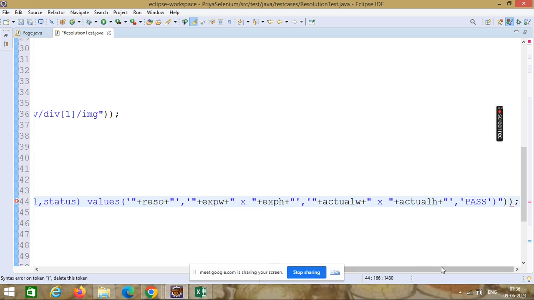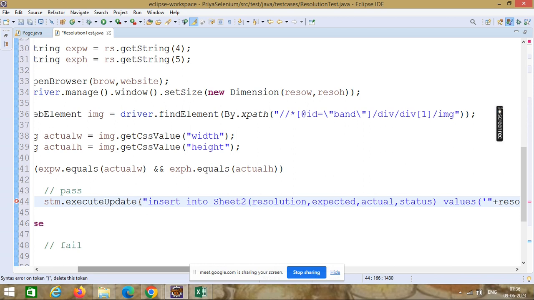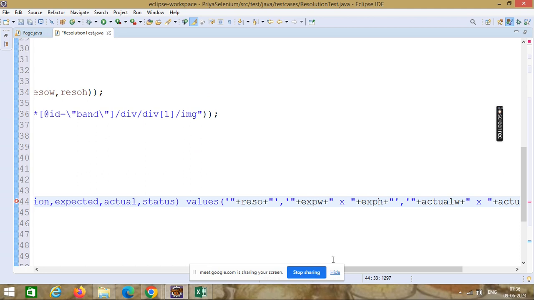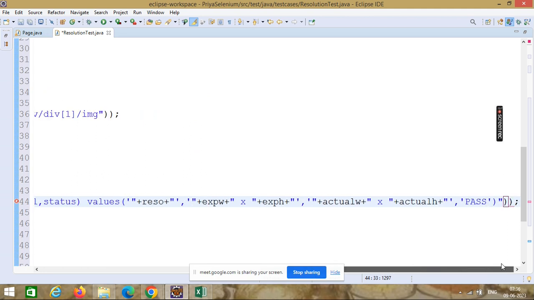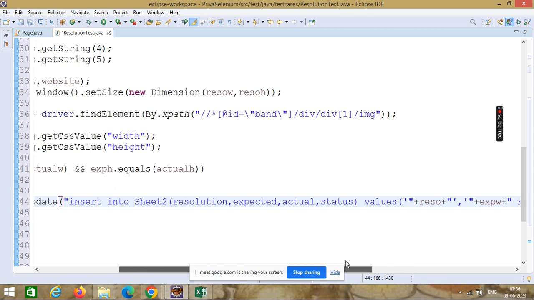Let us check the brackets, double quotes again. This is the bracket start, update. This is the bracket close. So I think this bracket is extra.